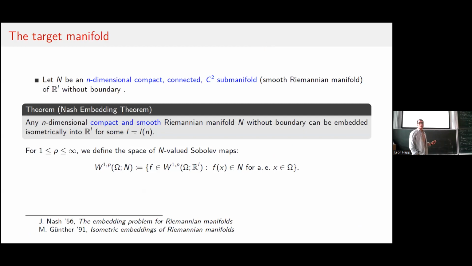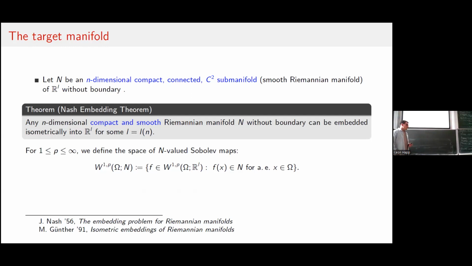The new feature really with our extension operator that I'm going to present is that we have this target manifold constraint in our problem. Extension operators in general have been around for homogenization for now 30 years, especially this one very famous result by Acerbi, Dal Maso, Percivale and Piat from 92, which I will also introduce in a couple of minutes. But they never deal with this target manifold constraint, which is also motivated from applications in homogenization.